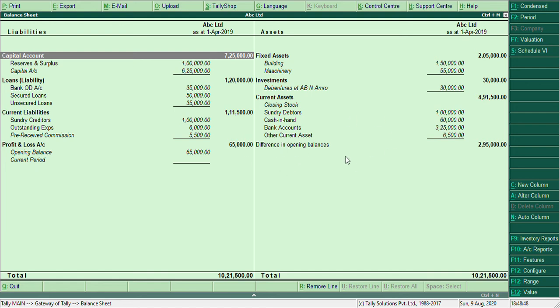Here you will find a difference in opening balances. That is due to uncleared closing stock. Due to uncleared closing stock, you will find some difference. After the entry for closing stock, the difference amount will not be there, and there will be a proper balance sheet report.